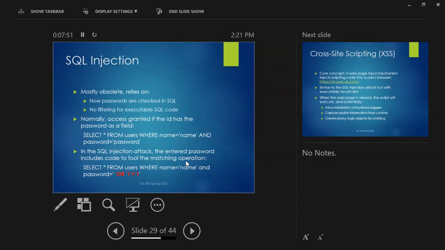And if somehow the query ends up having 3 matching conditions, name is name and password, or some kind of compound statement like that that you didn't include in the expected structure, it'll reject it. It'll say, nope, this doesn't meet the format we expected, so we know what you're trying to do. We're not going to fall for it this time. Okay? So that's a SQL injection attack, is basically where you try to change the structure of the database check by including some executable SQL code in the password block.